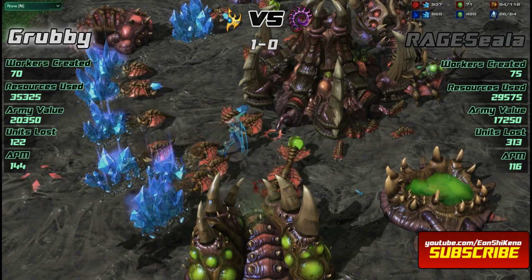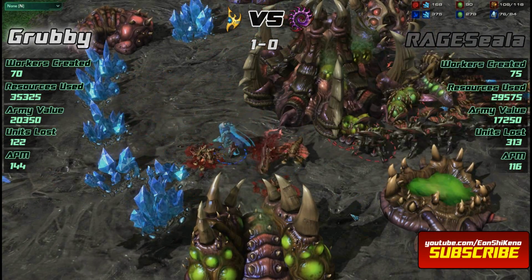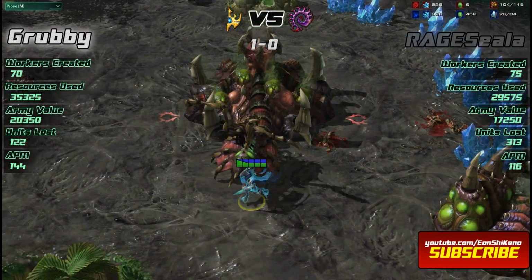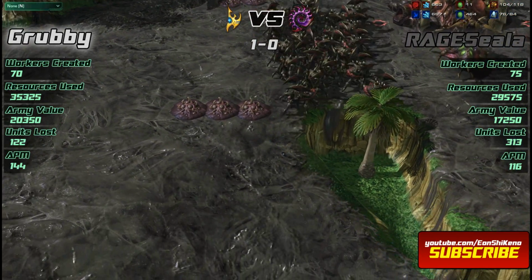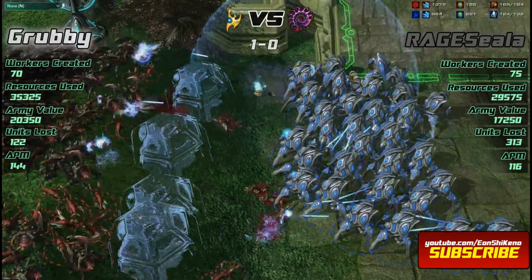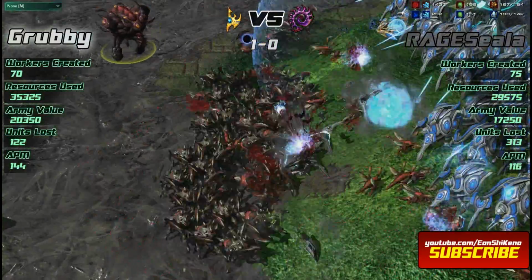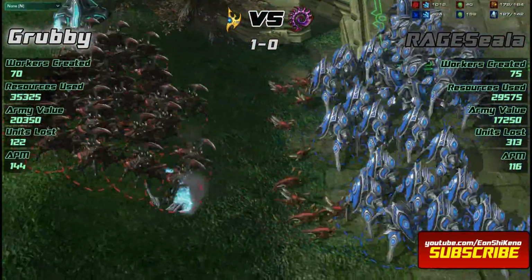EonShiKeno going for that quick third in response to Grubby's fast Forge expand. Then we saw Grubby kind of tech really quickly into DTs, harass with DTs, get a couple of drone kills. I think he got 12, 13. Not too bad. Could have been a little bit better for him if he actually scouted that third base in that top center position. If he could have scouted that out, he could have sent some DTs there to the first attack and maybe just taken that out. Sent like all of his DTs to that one base, just nuked that hatch. And then he would have been on 2 base, would have been a little bit more even,